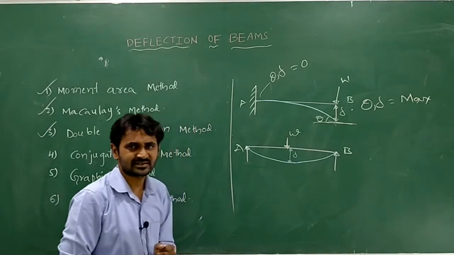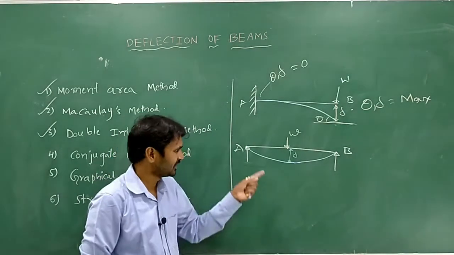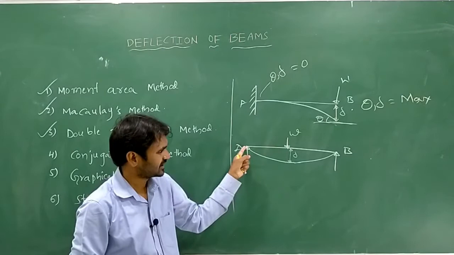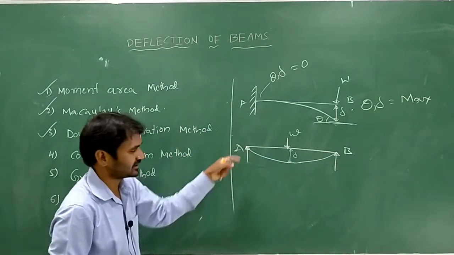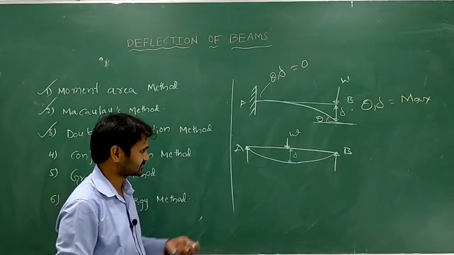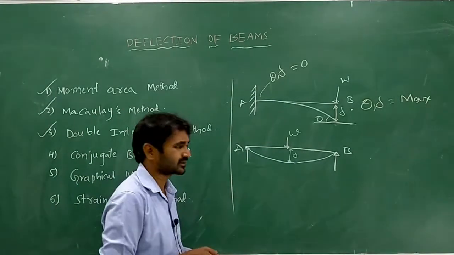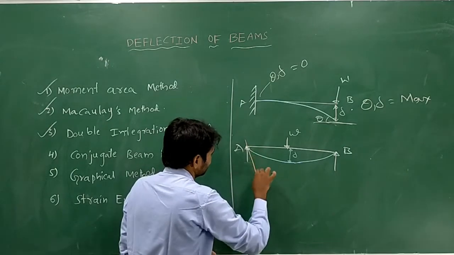What is deflection? We have discussed the formula also. This is the vertical distance between the horizontal and the bended arc, right? We have seen this also. And here you will get theta. Where will you get theta? Here you will get theta.